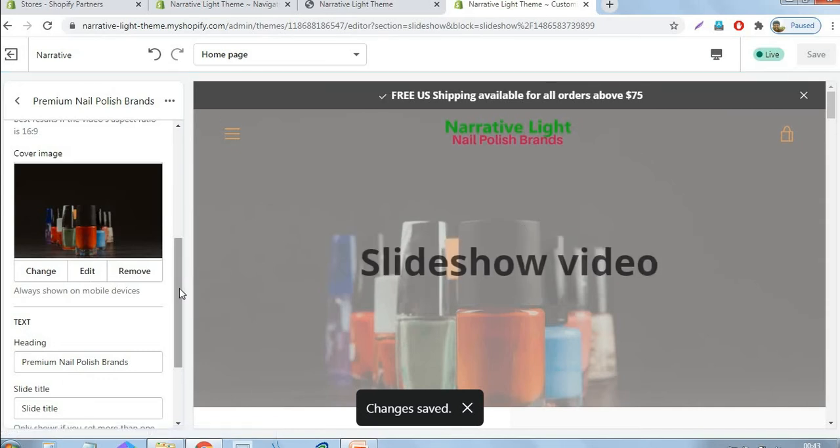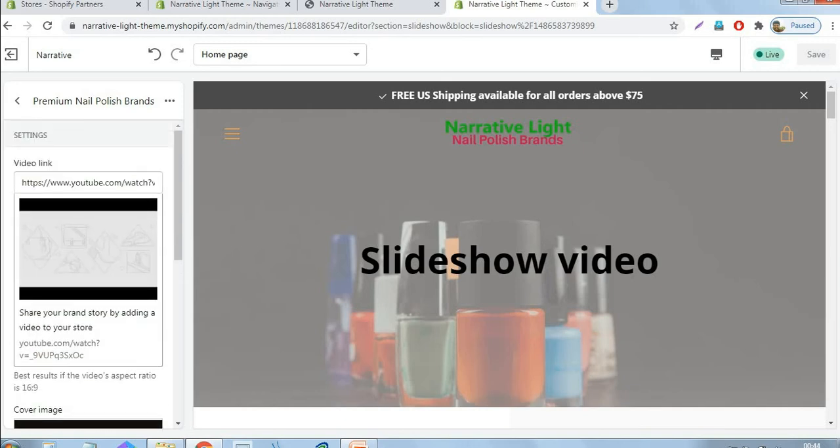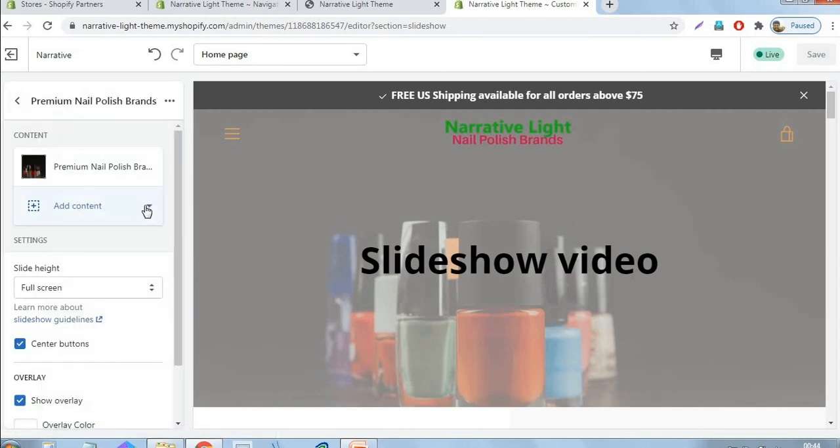Okay, the changes are saved. Then after that you can create multiple slides actually. You can update the slide title and button. Button text also we can change, and we can give a link to a particular collection. So we will go to create a next one.